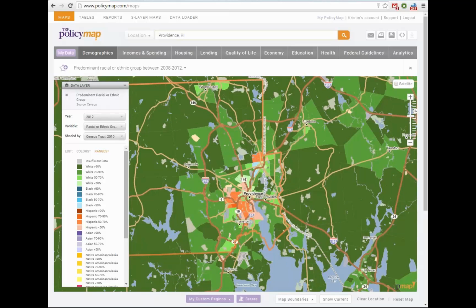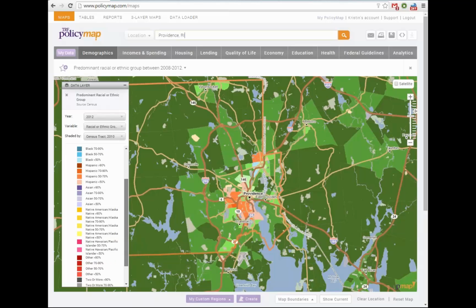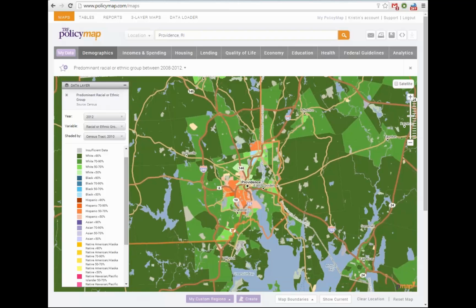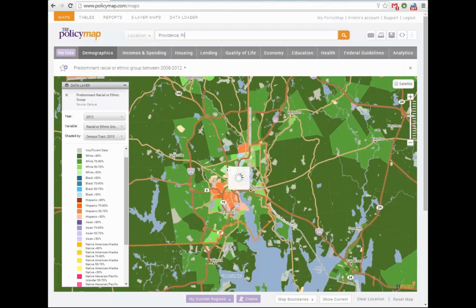So now we're looking at Providence, and you see in the legend that any tract that is a shade of green has the white racial group as the predominant racial group in that area. A lighter shade of green means that there's a lower white population, but they're still predominant. And a darker shade of green means that there's a higher percentage of the population that's white, but they are